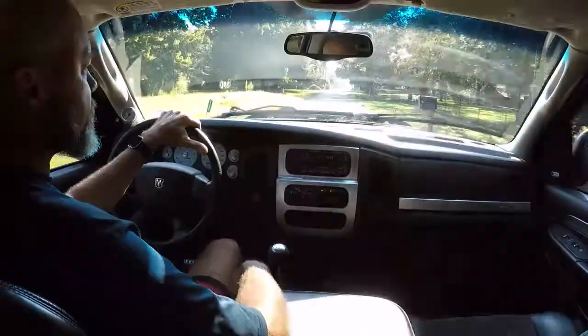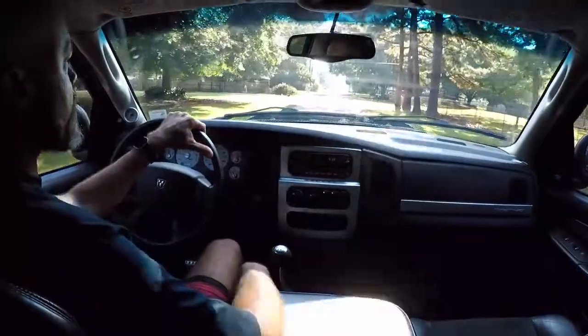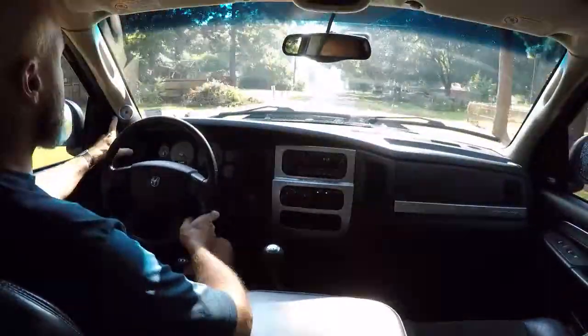Taking it for a little drive just to show you how everything works. One of the other add-ons that you won't see outside is, it's in the camera frame, I've got a Viper